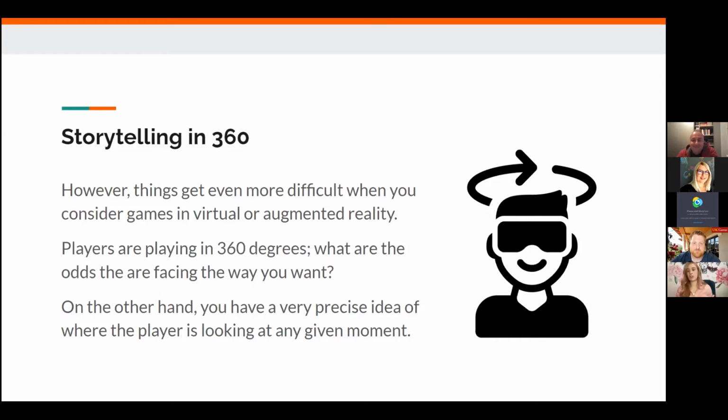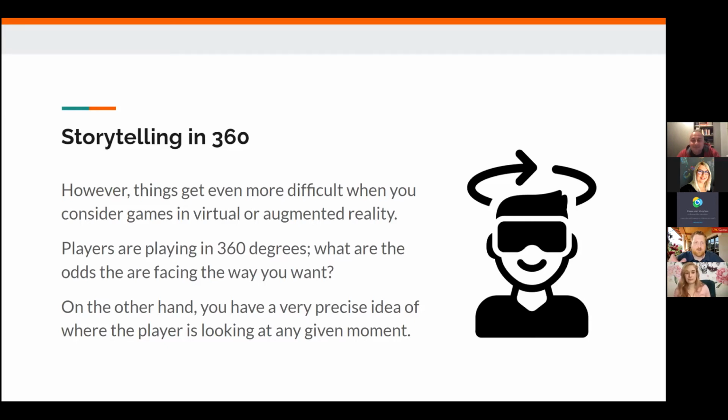We're going to briefly touch on what is now an emerging field, which is still fully being developed, which is storytelling in full 360. And this is taking into account AR and VR. And granted, there has been theater in the round. You can look at immersive theater pieces, which also grapple with a lot of these things. But it is very hard to direct a player's attention when you can't specifically know they're going to be looking in a certain direction. All of our knowledge about composition, tone, color, lighting become exceedingly more difficult when it's not within a nice little rectangle and in fact in a sphere.